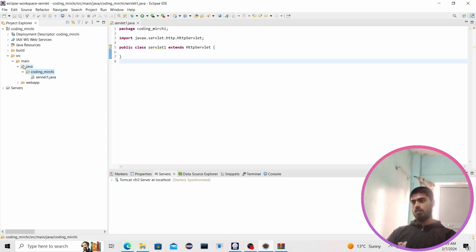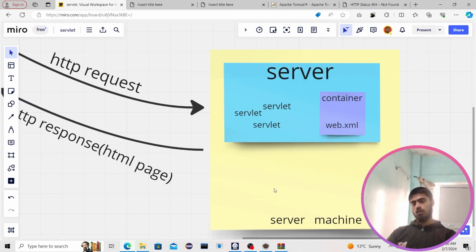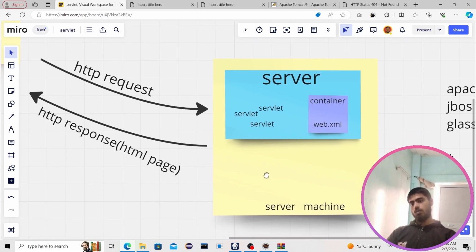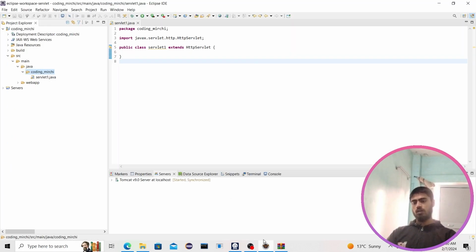which is inside our Java file, servlet1.java. We can create servlet2.java and so on. A servlet is just a Java file that is extending or implementing the interfaces or classes of the servlet interface. So we have the servlet inside the server, and all this is on the server machine where we are going to deploy our website or web application. For instance, this server machine is our local laptop or local computer